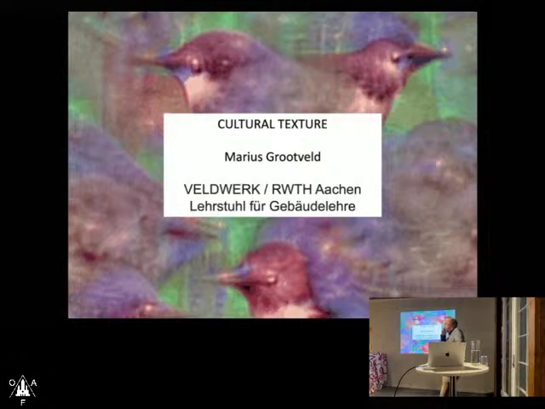So cultural texture, maybe to explain, I'm also going to give a little bit of explanation of how the AI works in between the research, because it's good to have a bit of context. But maybe to start with large language models, the thing we all use. I'm sure you've all used ChatGPT, but in a way, ChatGPT isn't really what it appears to be. We use it as a kind of entity, a kind of being you're talking to. But actually, behind this entity, there is a kind of pattern extender,